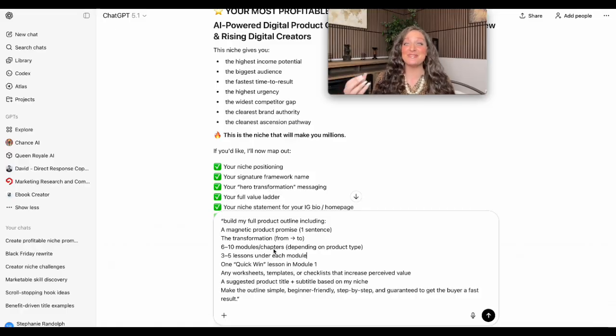The transformation, which I was telling you guys is so important to have. All right. 6 to 10 modules. I think that's a little long. We're going to put 4 to 6 modules. 6 to 10 is really long. And then 3 to 5 lessons under each module, 1 quick win lesson. Okay. And then any worksheets, templates, or checklists that increase the perceived value.